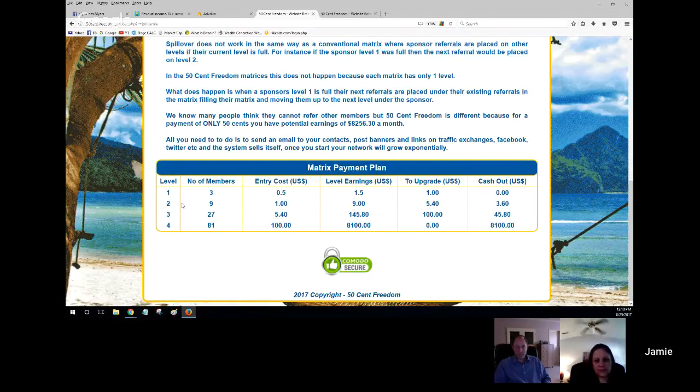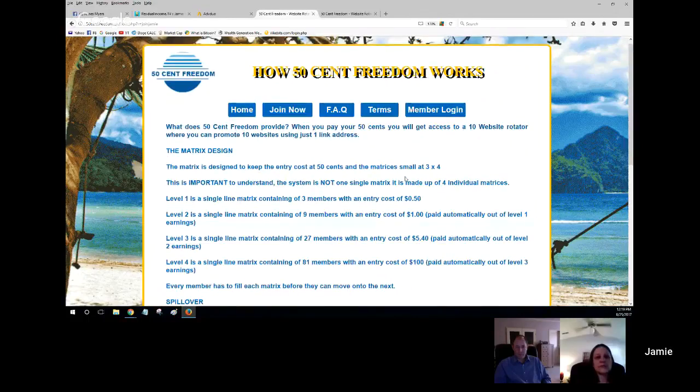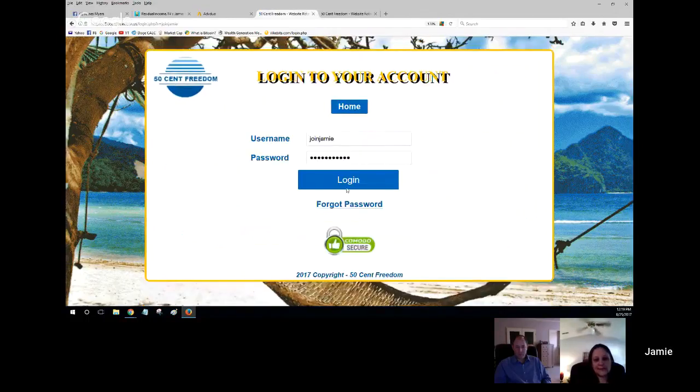You're leveraging level 2 to get in level 3, and then you're leveraging level 3 to get in level 4, and then this is where the big money's made here. But the beauty is you're making money along the way to advance you through the matrix. And eventually what's going to happen here for Big Daddy and everybody that works this is